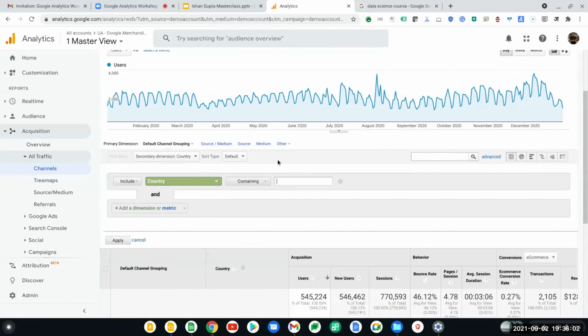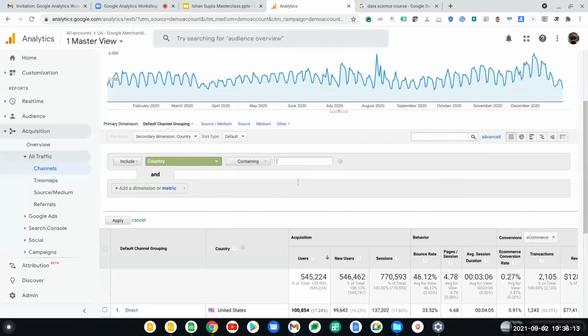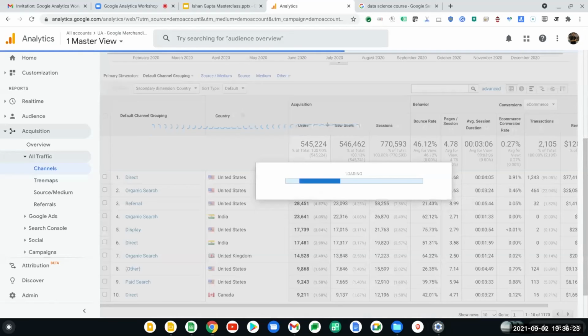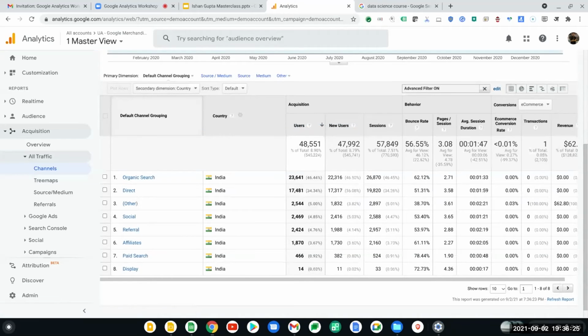When I click on advanced, it gives me an option to add filters. So it could be country containing this or exactly matching this, beginning with this, or different options. So let's say if I want to enter India. Okay, thank you, Ishan. Now it's clear. Great. So if I enter India, then I'll only see India specific data.